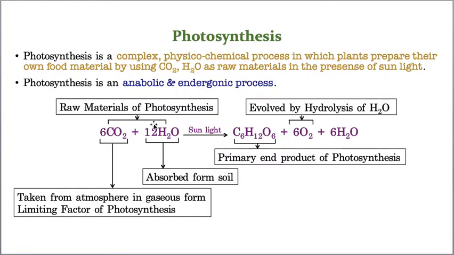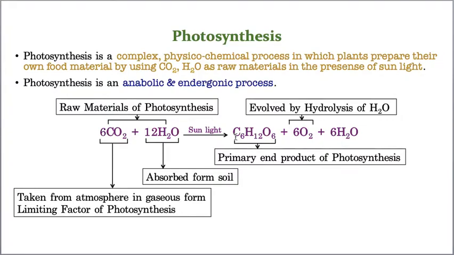For example, in a catabolic process, one large molecule breaks down to form small molecules. Let us take respiration. In respiration, what happens? The glucose, C6H12O6, breaks down to form CO2 and H2O, and it also releases some amount of energy. That energy is released in the form of ATP, and by utilizing that ATP we are able to perform various functions. This you know?